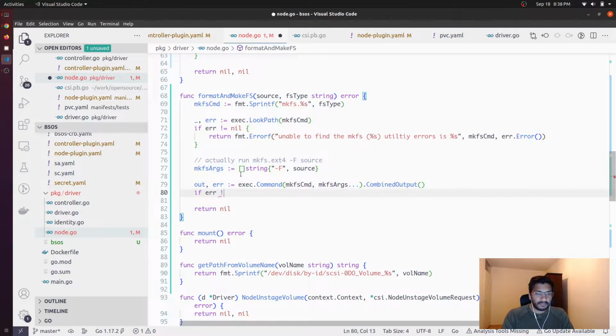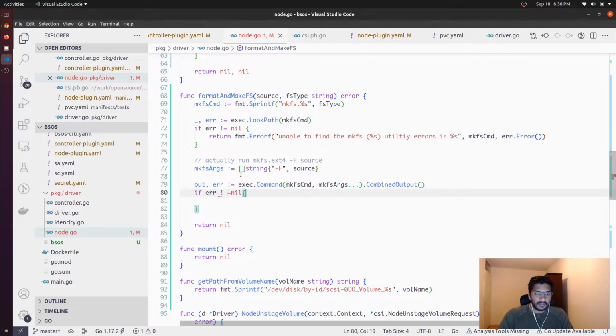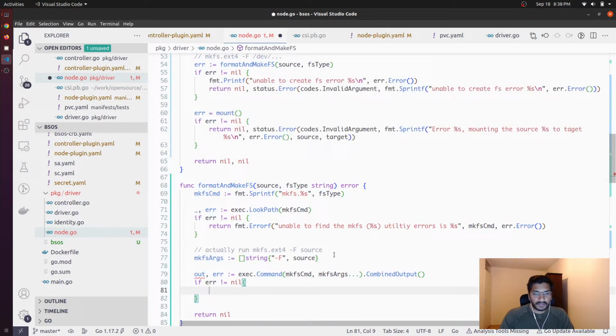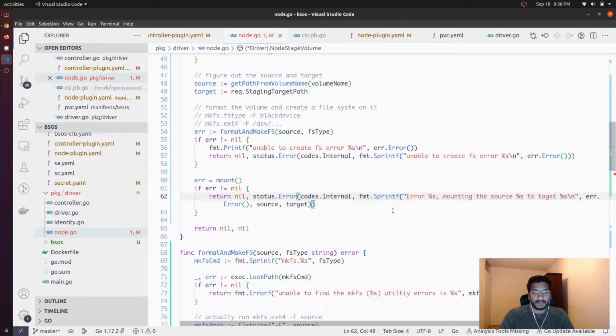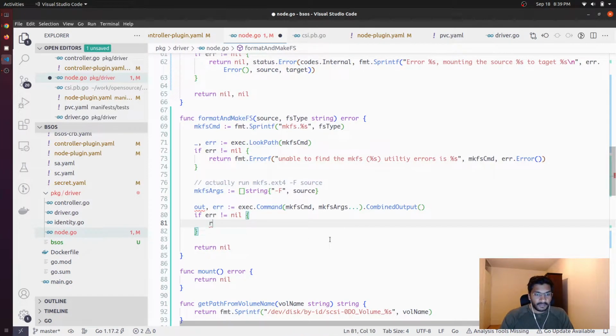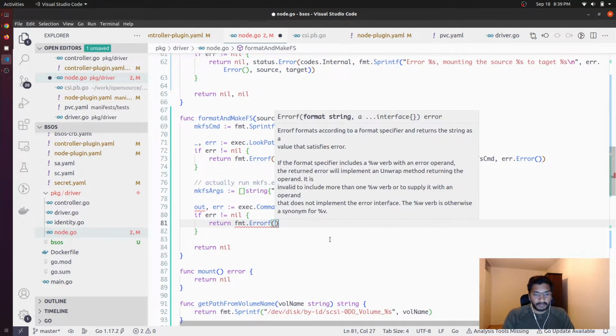So if error is not equals to nil, in that case what we are going to return with is, okay, so this is not going to be invalid argument. This should be internal, because we tried to do something and there was an internal error, and we are just going to return fmt.errorf,